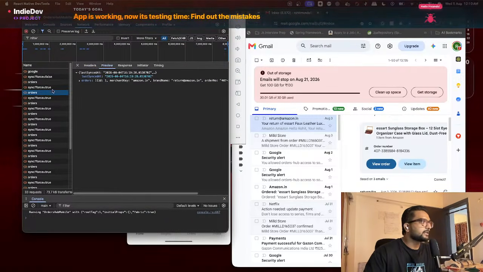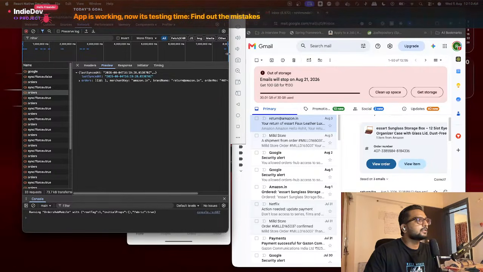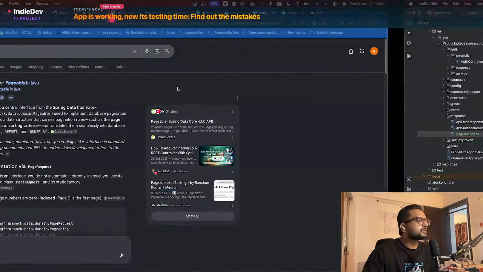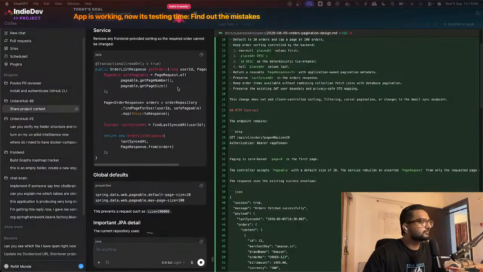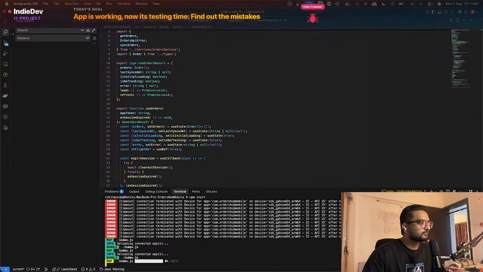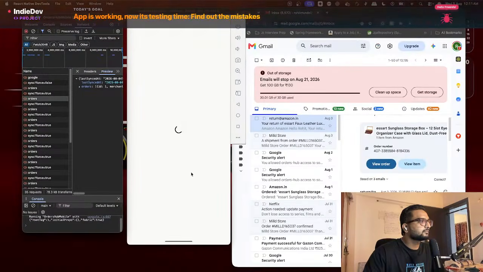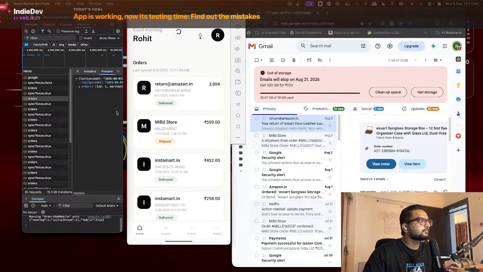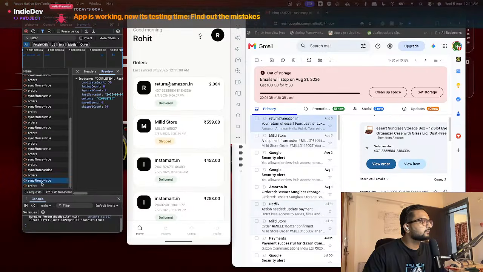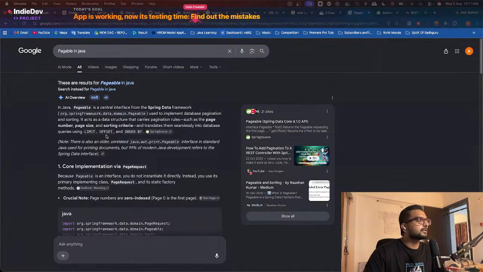Not this API, this API. I have to reload this. Okay, it's still the same. It did not change that part because